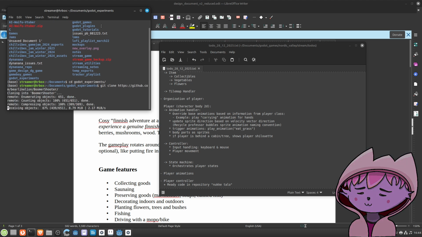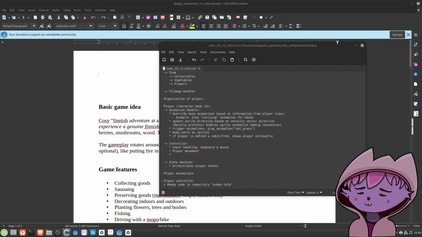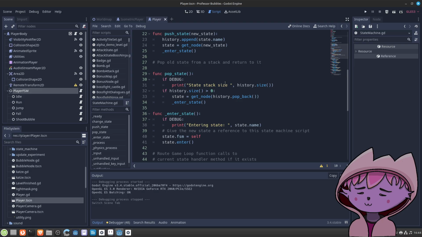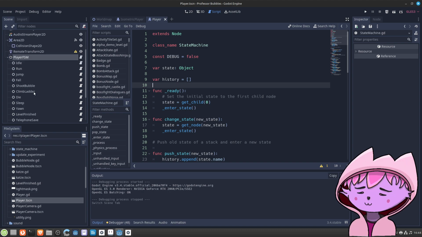But before that, I would like to go through in my head what would be a sensible way to implement a state machine, given my previous copy-paste implementation of a state machine. So yeah, pretty simple.